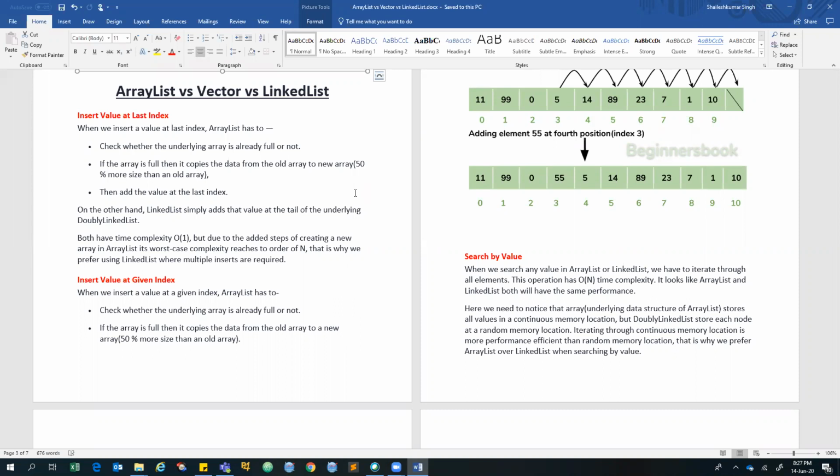When should we go for which data structure? Because most people think that these are similar data structures, and we can go for any of them for storing and retrieving data, for manipulating data, but it is not like that. In the case of a small data set it is okay, but when we deal with a large set of data it will create a problem. So we just can't go blindly and use array list or vector or linked list.